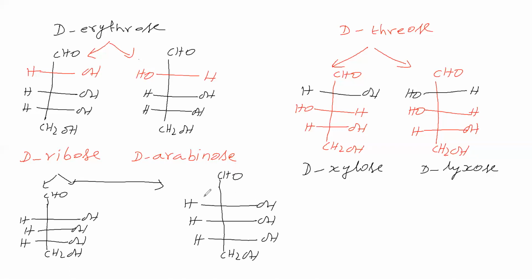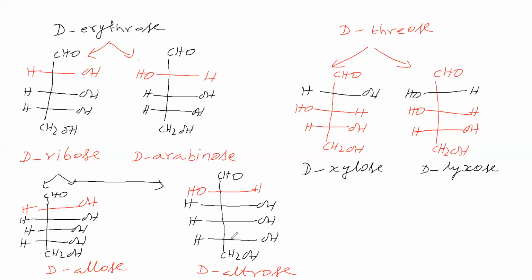So D-ribose we have written 2 times. Now we will introduce a chiral carbon in both places. Here one chiral carbon HOH. Here one chiral carbon OHH. So like this we introduced. Now this is called D-allose. It is called D-altrose. Now here the functional group is aldehyde, number of carbons 6.